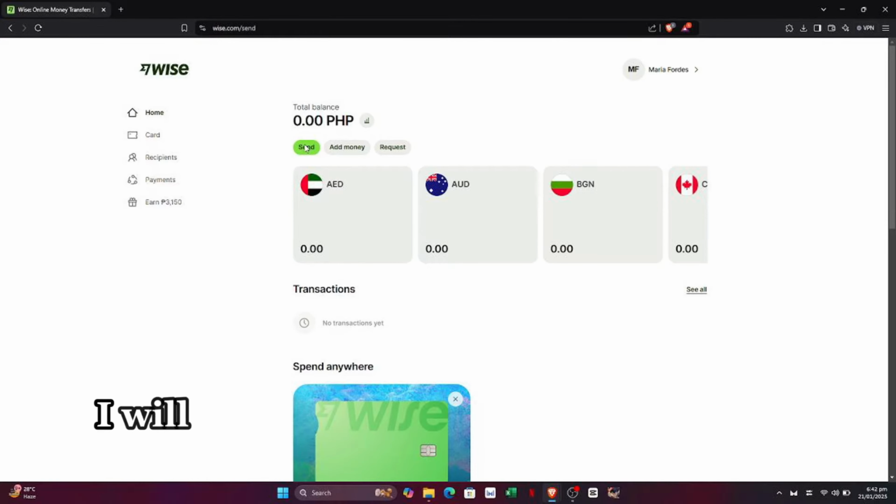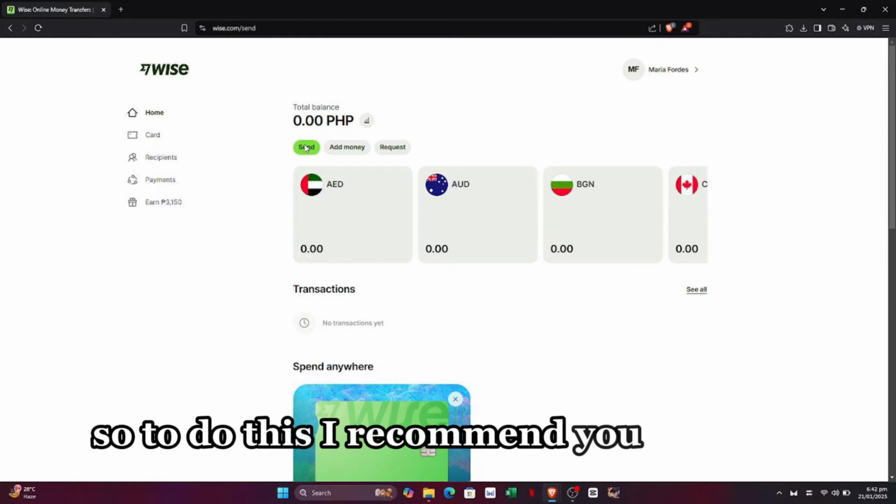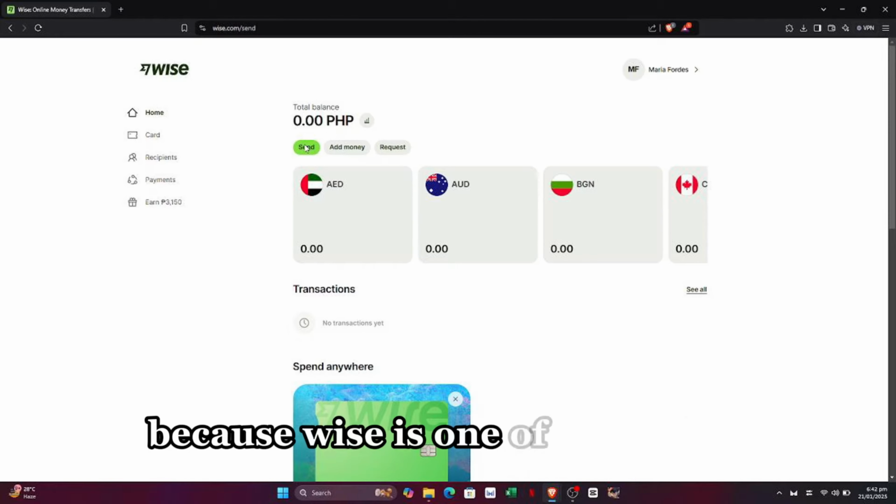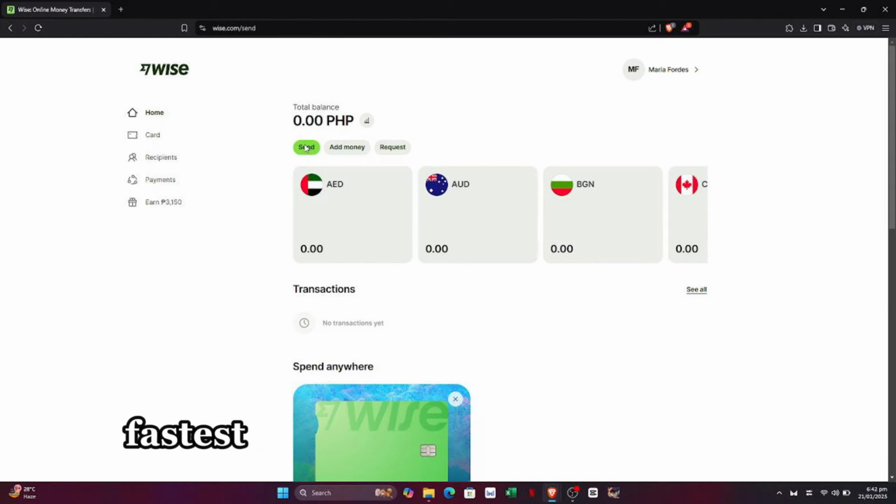In this video, I will show you how to transfer money from India to Malaysia bank account. To do this, I recommend you use Wise because Wise is one of the easiest, fastest, and cheapest ways